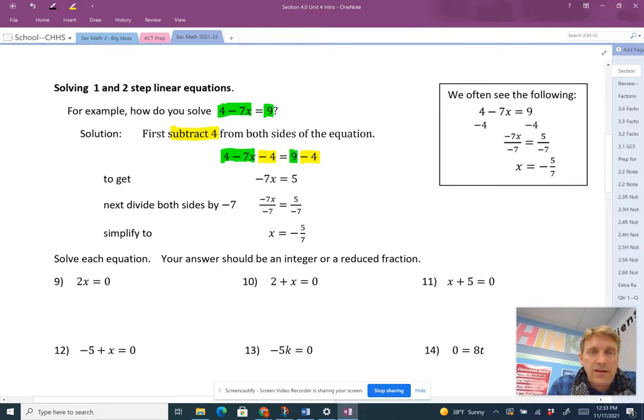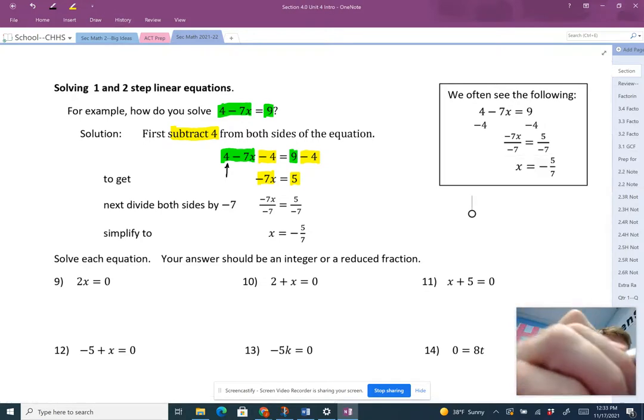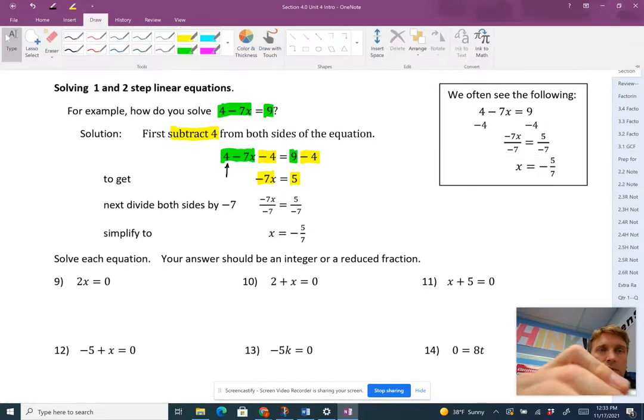And so you just added or subtracted -4. And the reason that we did that was because it's the opposite of this 4 right here. And so we subtract 4 to get rid of that 4, and that's why we're left with just minus 7x equals 5. And if we've got minus 7x is equal to 5,